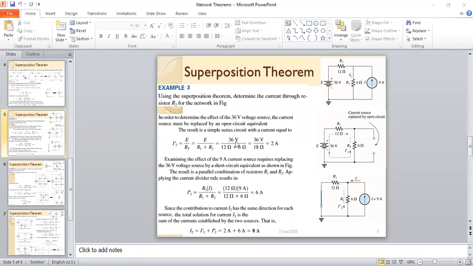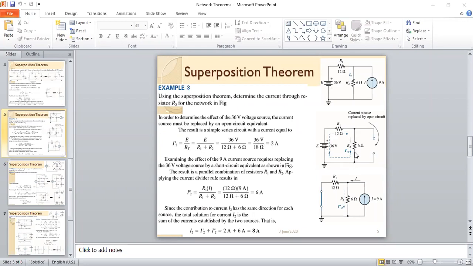E is 36 and RT is 12 plus 6, that is 18. So 36 divided by 18 is equal to 2 ampere. Very easy, we calculated the current over here using this supply. And see the direction of the current, the conventional current direction is downward in this